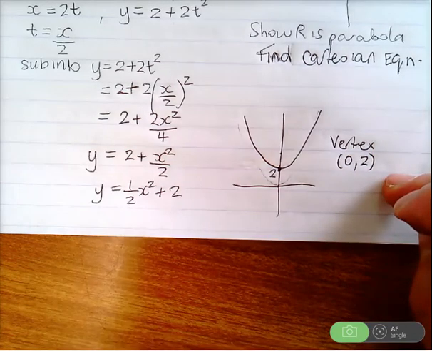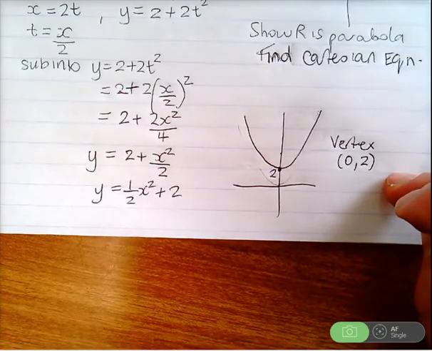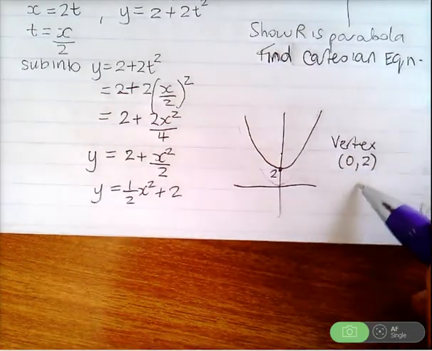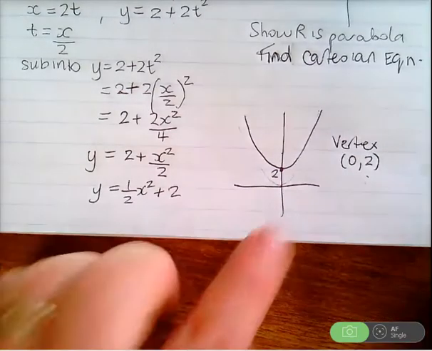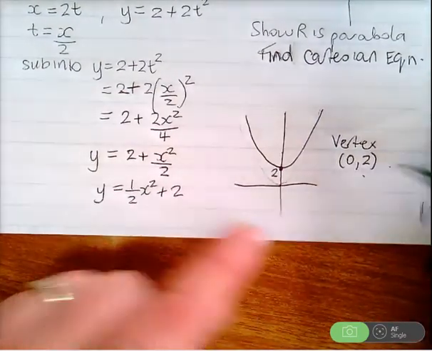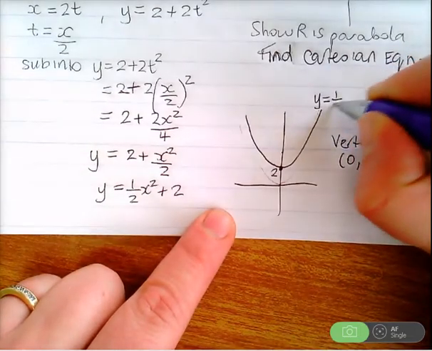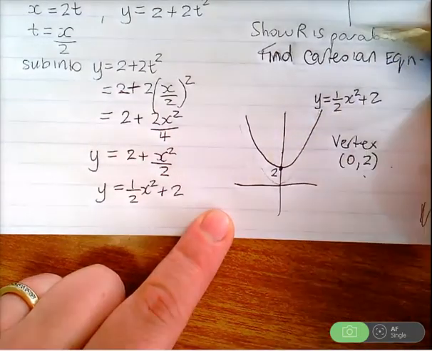They said show that the locus of R is a parabola and show that the vertex of this parabola is the focus of the original. So the vertex of this parabola is that, because isn't our new parabola from R,